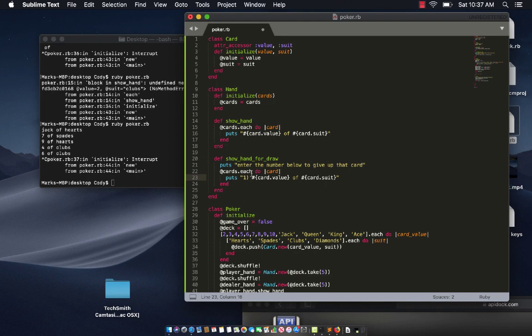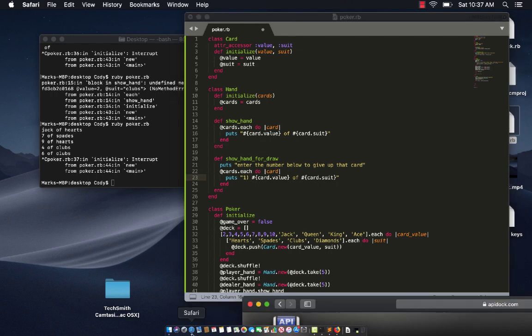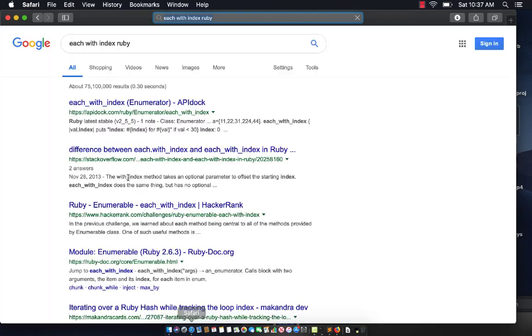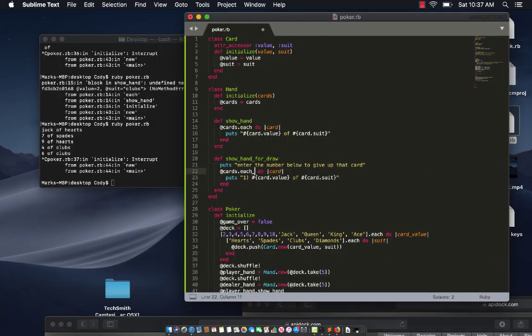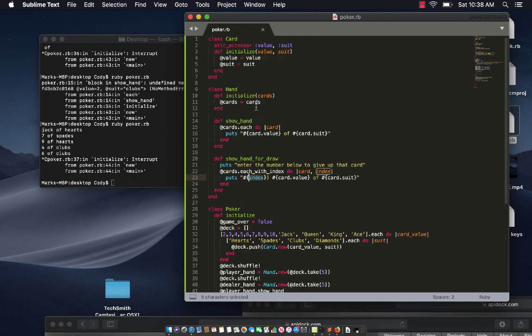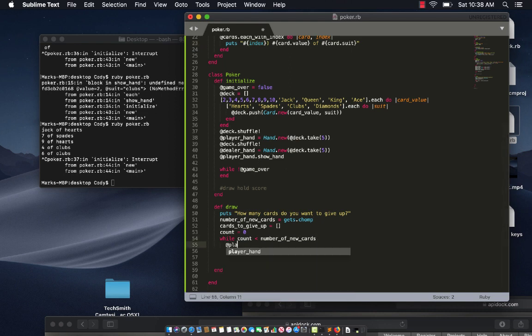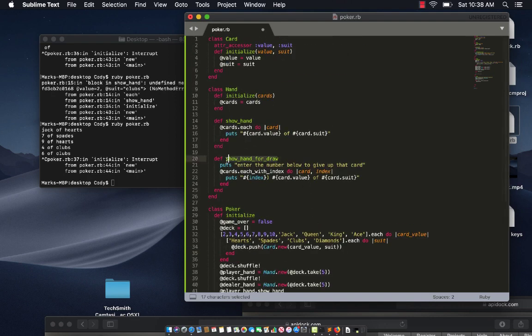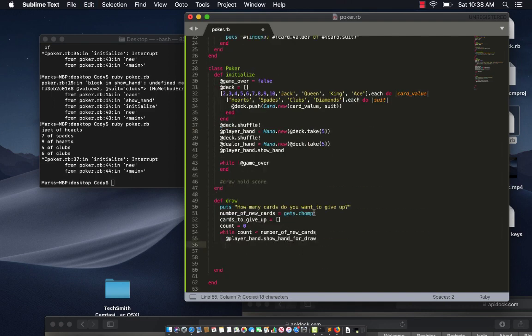I have to do each with index. Yeah, it works the way I thought it did. So each with index, card, index, and here interpolate index. It's a weird color because it's like a reserved word. So we take the player hand, dot show a hand for draw, then we do another